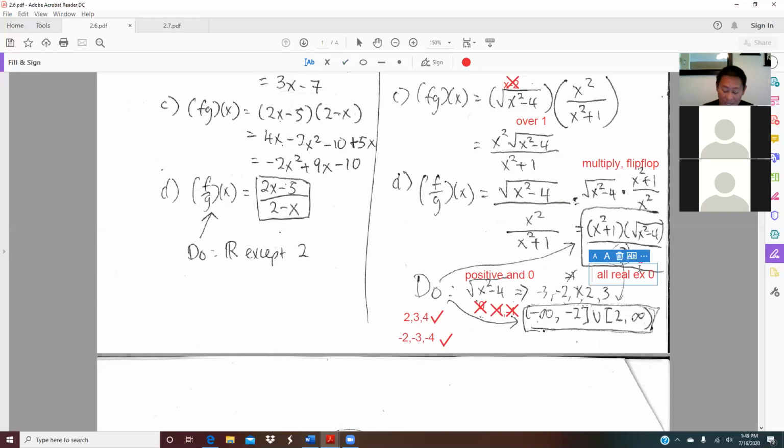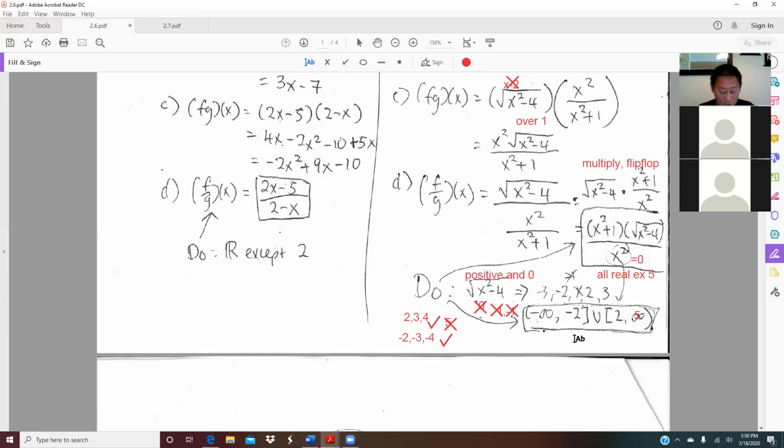But what happens if I say all real numbers except 5? Let's say you have this example. Then what we have is 2, 3, 4 works. But when you get 5, 5 does not work here. Although 5 squared minus 4 is positive, unfortunately if you put in 5, it will make the denominator 0. So if you have such a case, then your answer will be negative infinity to negative 2, and then 2 to 5,